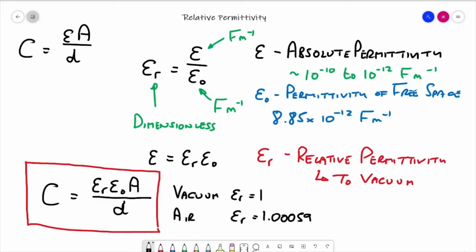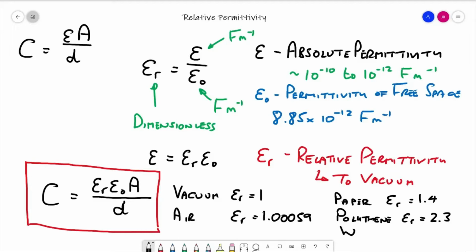Just to give you a couple of other examples, if you just take normal paper, so if you just grab a sheet of paper from your notebook or something like that, obviously there are a lot of variables in here, depends on the thickness of it, density of it, all that kind of stuff, but a sort of standard value for paper would be around about 1.4. For polythene, in other words, carrier bags, bin bags, that kind of stuff, again you're looking around about 2.3 for relative permittivity